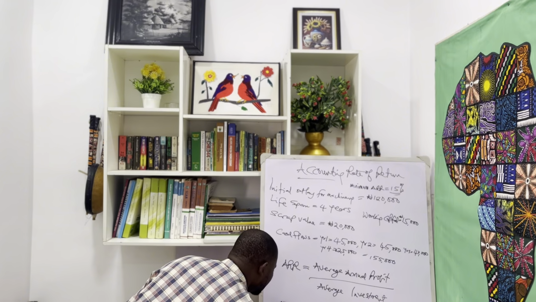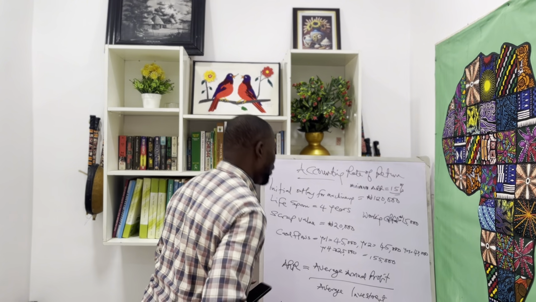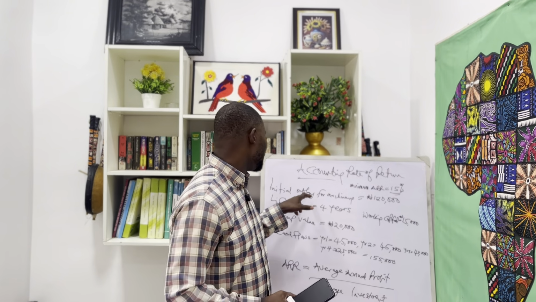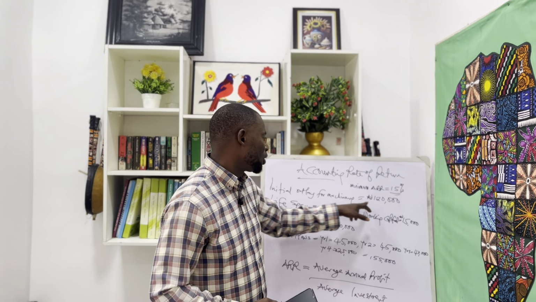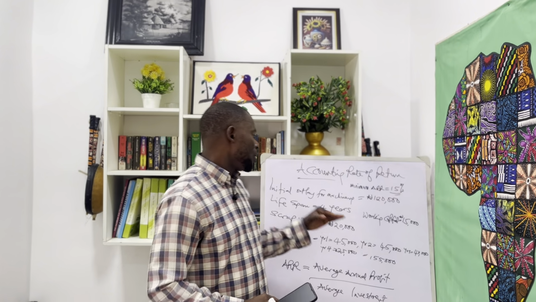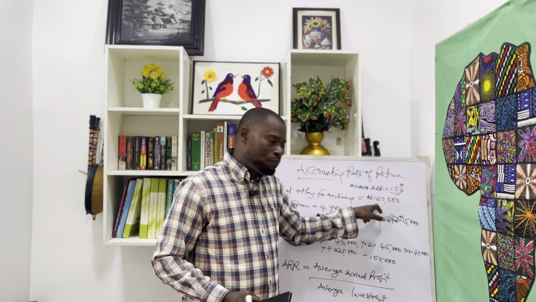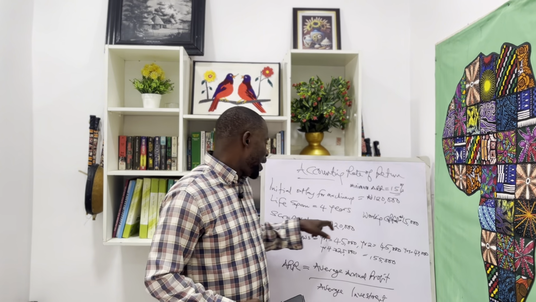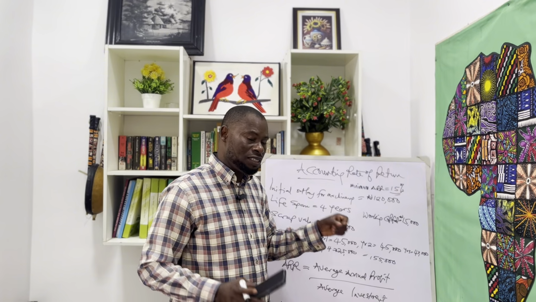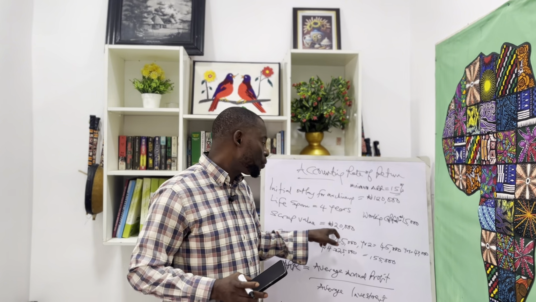So we can say depreciation is equal to, how do you know your depreciation in this question? The question says we have an initial outlay of machinery of 120 and we have a scrap value of 20,000. Now it means the difference between the amount you are spending from the beginning, which is 120,000 naira, and at the end, that same amount is now worth only 20,000 naira. The difference, what has gone out of this 120 to leave 20,000 naira,